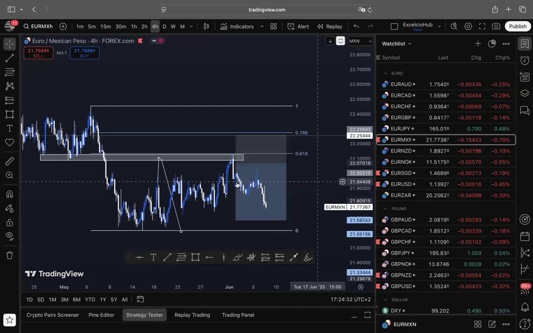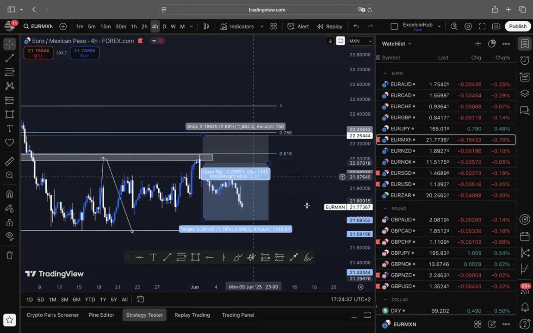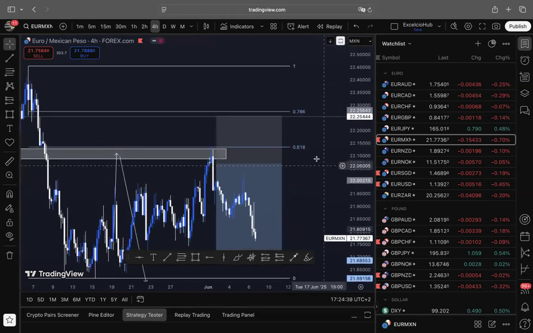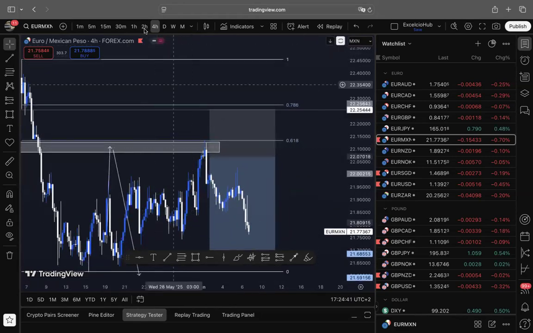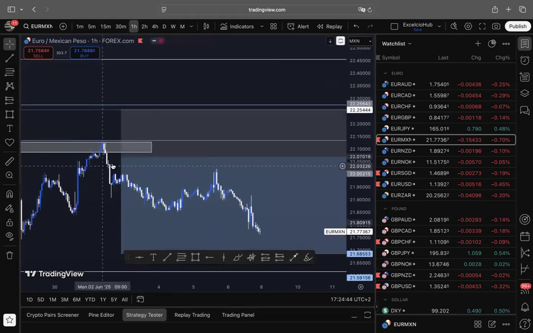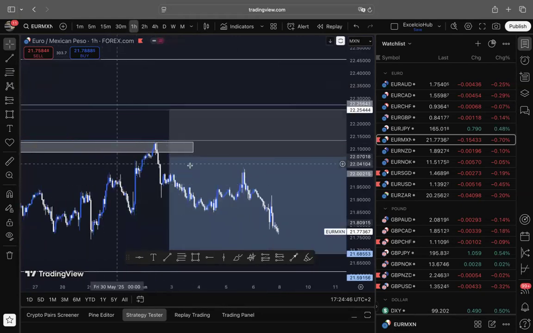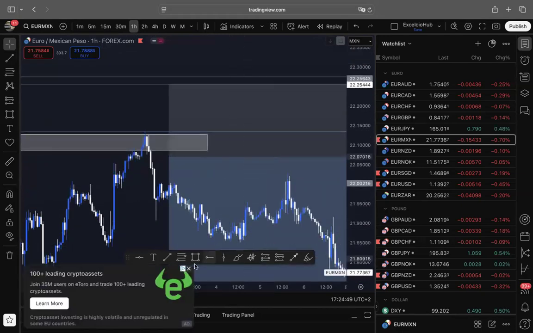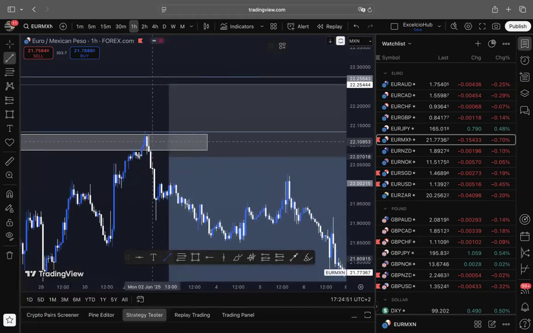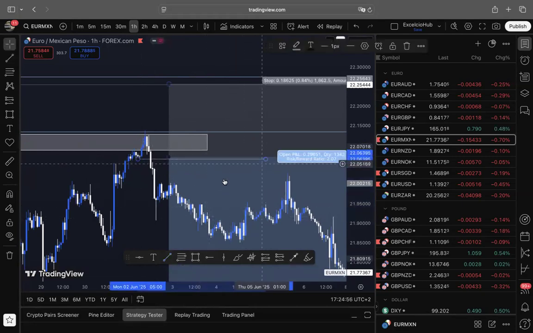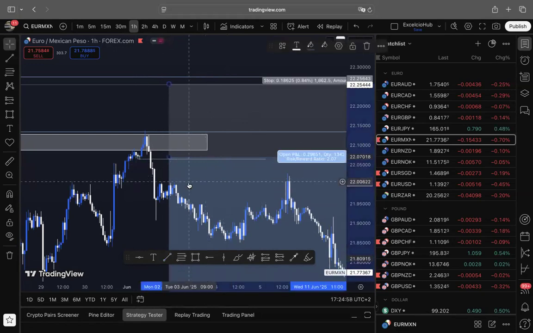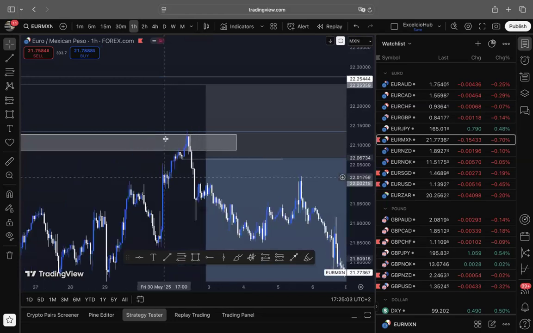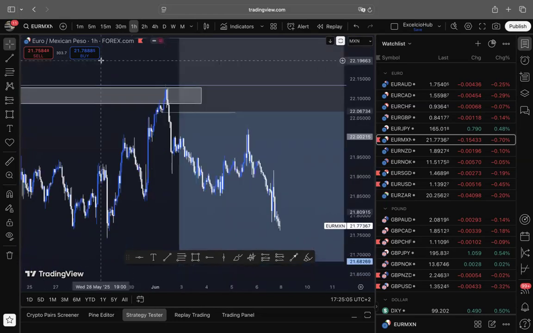So, price perfectly tested the zone for the fib. Personally, I tried to enter on this one, but I set a sell limit over here. I tried to enter on this retest, very small retest, you can see, but price didn't fill my sell limit. It just continued dropping without giving me any entry indication, so it was quite